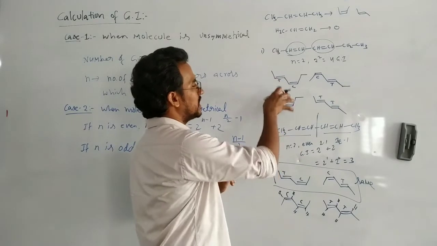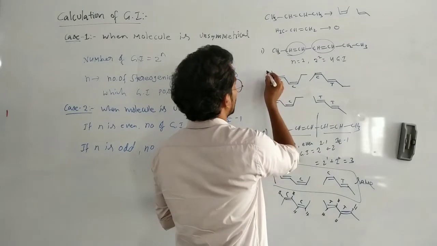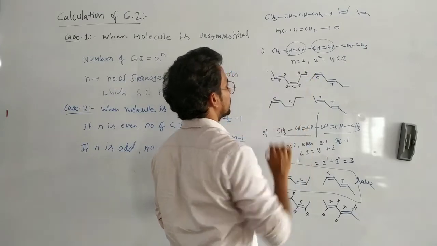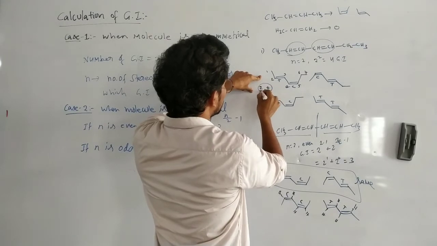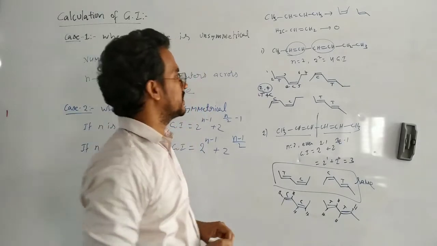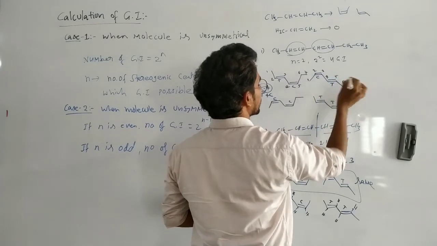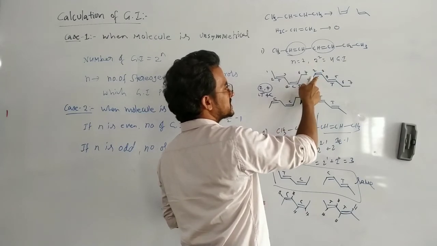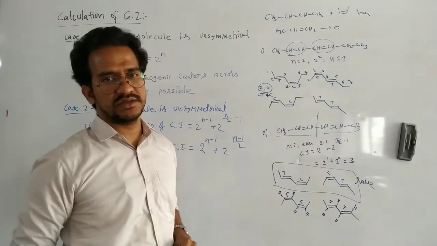Here, if you give the number, that means naming. Here in this case, 1, 2, 3, 4, 5, 6, 7. Because from this side, double bond position is 2, 4. That means 2 trans, 4 cis. Here in this case, 1, 2, 3, 4, 5, 6, 7. Always we have to start the numbering from this side, because the double bond carbon gets number 2. If you start from this side, 1, 2, 3. So different locants, different numbers.